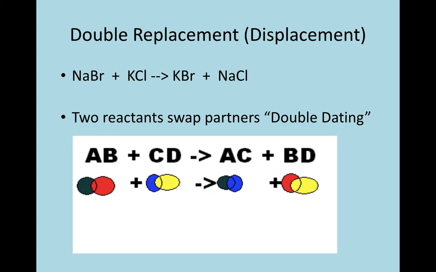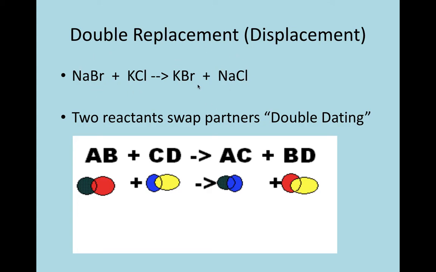The fourth type of reaction is double replacement or displacement. Okay, so we have NaBr here. We have one compound plus another compound, KCl. They're going to combine together and they're going to form KBr plus NaCl. So with double replacement or double displacement, you have two compounds on the left and a different two compounds on